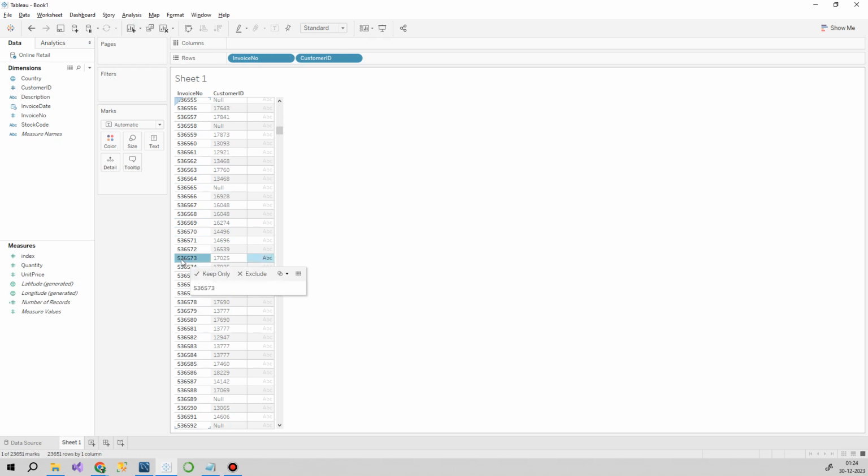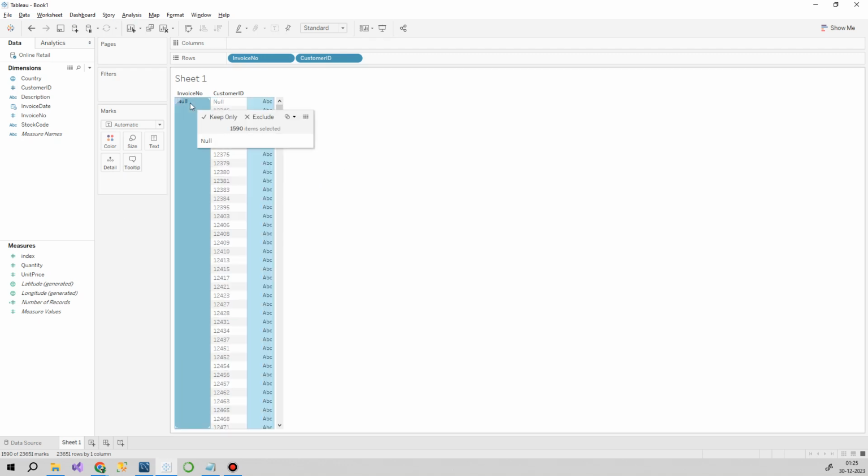single customer. The reason behind this, logically, is that each customer will buy something and it will generate an invoice for that particular customer, correct? And that invoice number is a unique bill number for that customer. One customer can have multiple invoice numbers, but one invoice number cannot associate with multiple customers. That's simple logic. So if you see here, when the invoice is null, we have a huge list of customers,